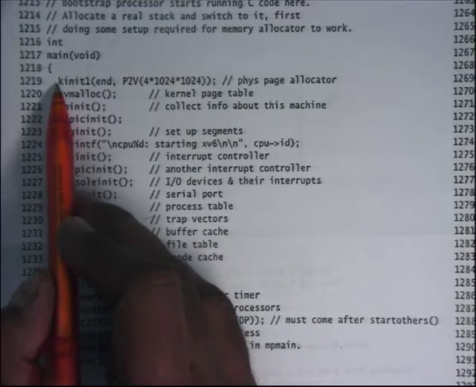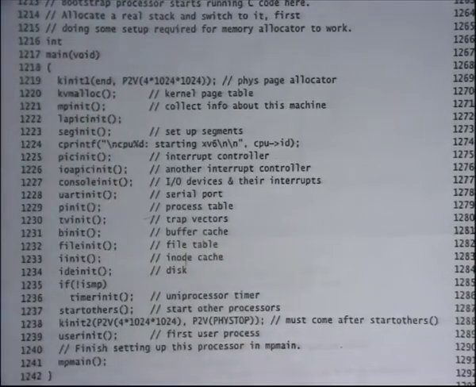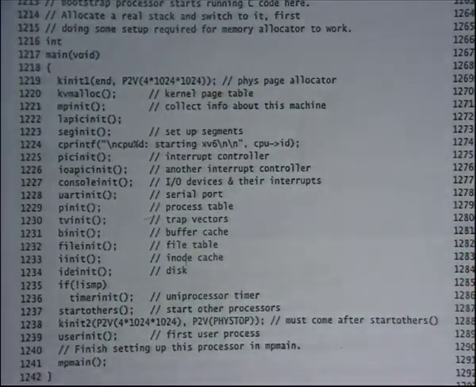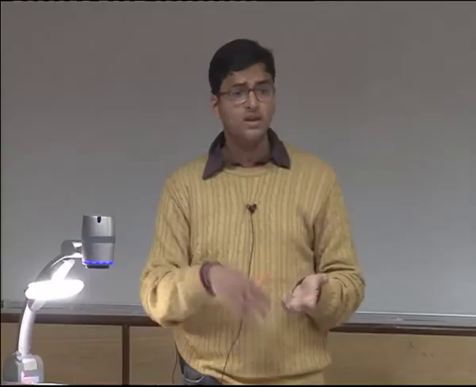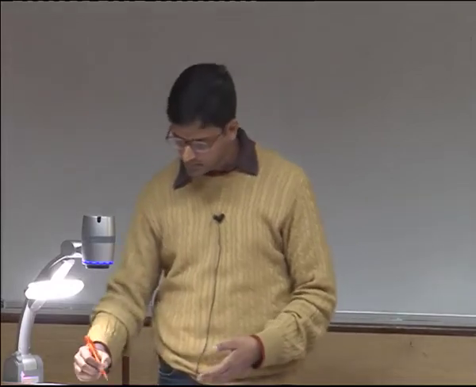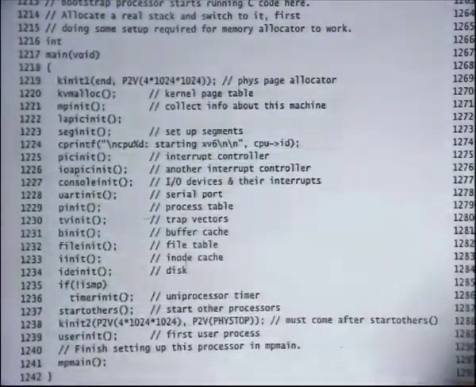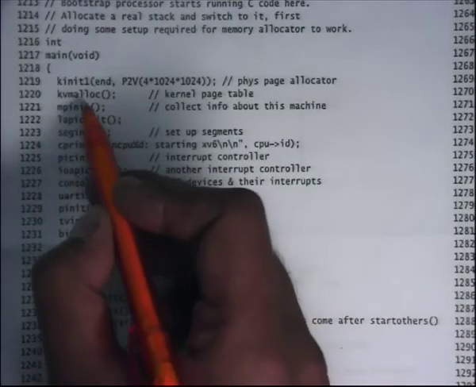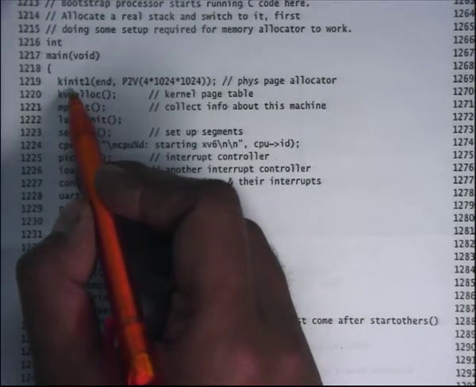and at this point the stack has been initialized correctly, right, with some size, KSTACKSIZE. As long as these functions don't overflow the stack, right, don't use too much stack space, for example the function call depth is not very large ever, and they don't allocate local variables that are too large or too many local variables, that stack should be sufficient to execute all these functions. Okay. All right. So the first function it calls is kinit1,